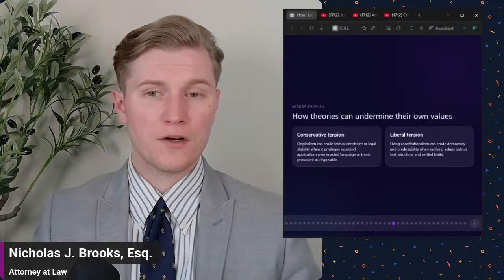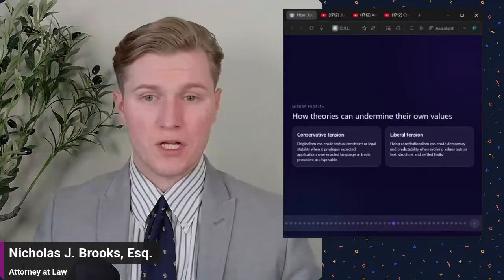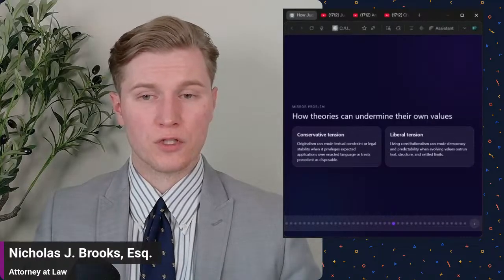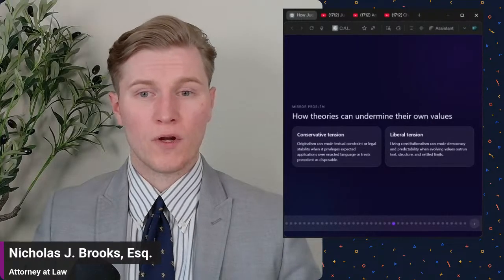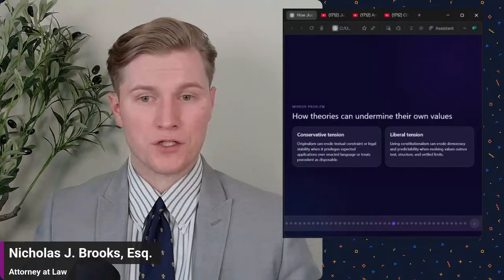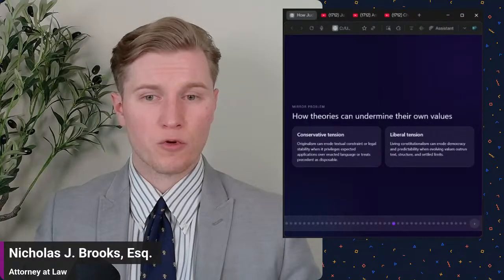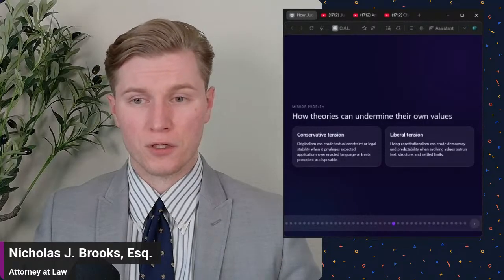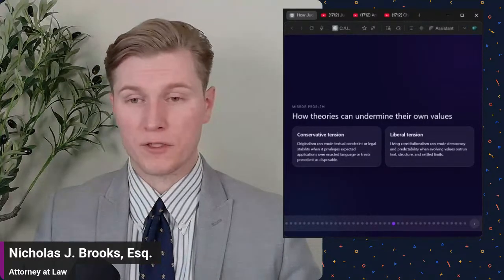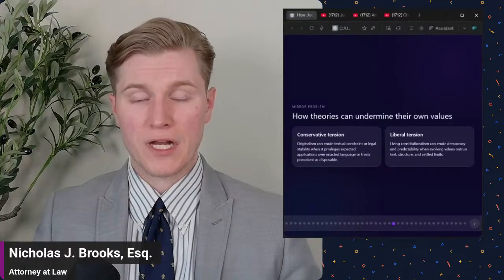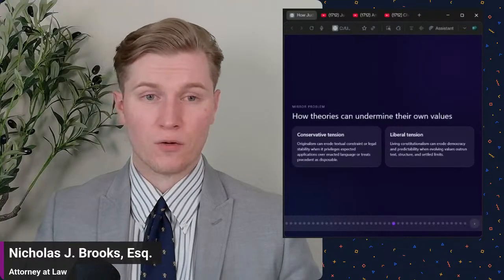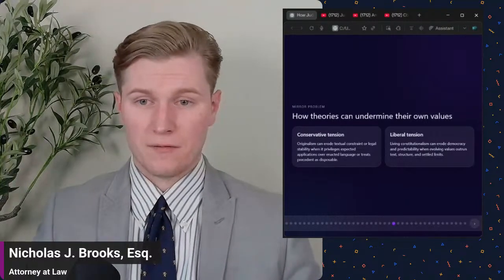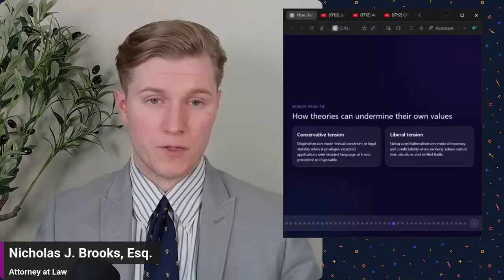So, how theories can undermine their own values. For the conservative tension, originalism can erode textual constraint or legal stability when it privileges expected applications over enacted language or treats precedent as disposable. The liberal tension is that living constitutionalism can erode democracy and predictability when evolving values outrun text, structure, and settled limits. And I'm sure each of our viewers can likely think up different scenarios where they see the conservative examples